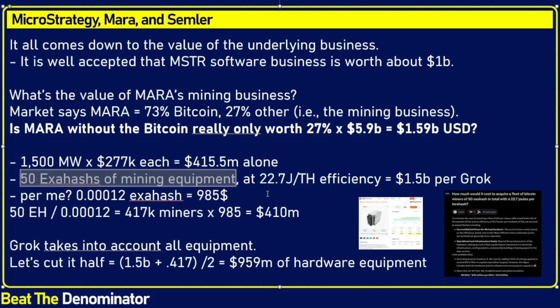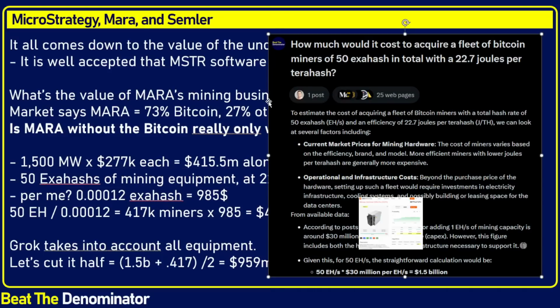And this is the tough one, valuing the miners. This is why the analysts don't. I just don't think they dig this deep. This is the tough one of evaluating the miners. What is the value of the mining equipment? Mining equipment depreciates really fast. What's the value? Well, according to Grok, taking a holistic cost of install, really when you take into account everything, it's about 30 million per exahash, and they have 50 exahash, so it's 1.5 billion.